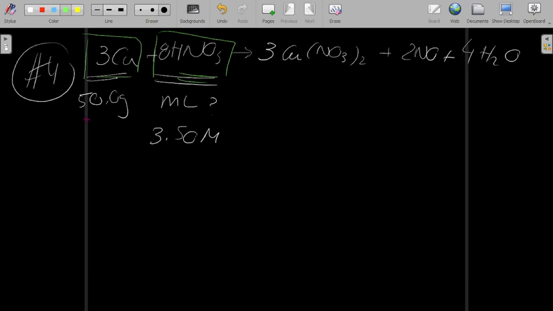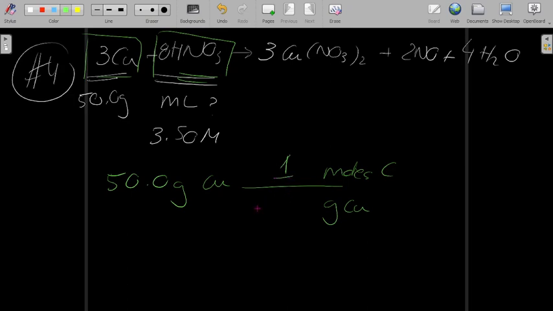I have 50 grams coming in. I need to know how many moles are coming in. Let's find out. 50.0 grams of copper. Well, I don't want grams of copper. I want moles of copper. It's pretty nice that it is only one element, so you go to the periodic table and find the AMUs for that copper, and you'll find out that in 1 mole of copper you have 63.5